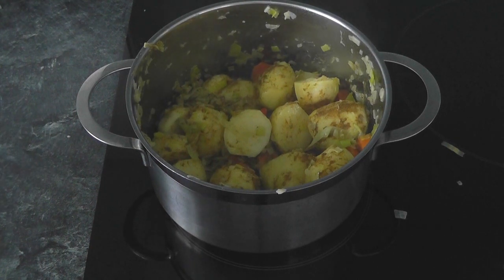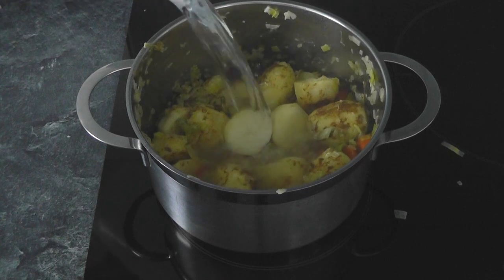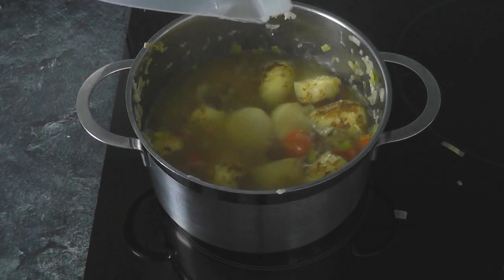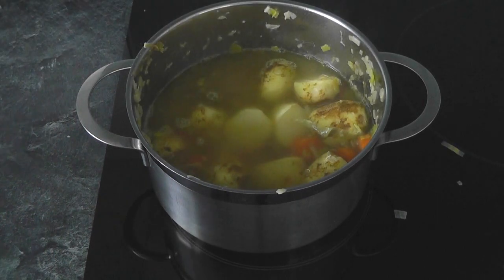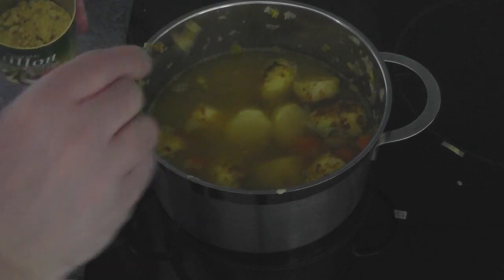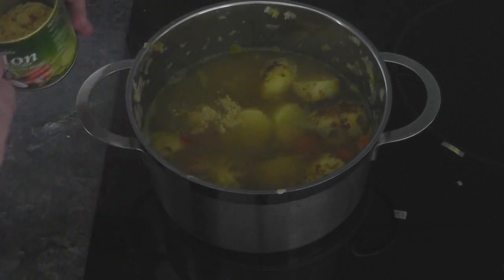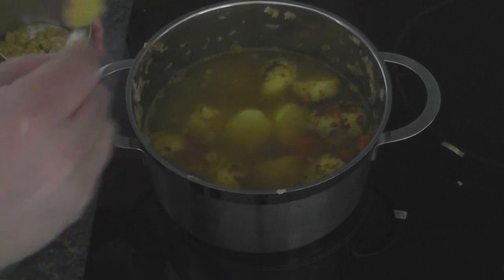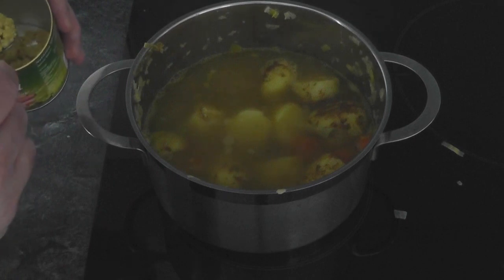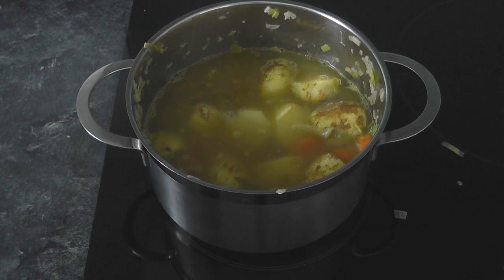Then I'm going to put in a litre of water. Now obviously if you've got stock you might already have it made up. Now I'm actually going to add about 5 teaspoons of bouillon powder, vegetable stock. There you go, 5. Now bring this up to the boil, so turn the heat up